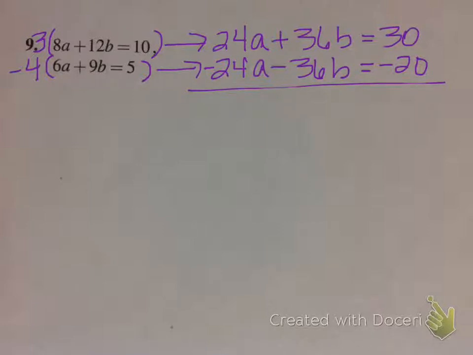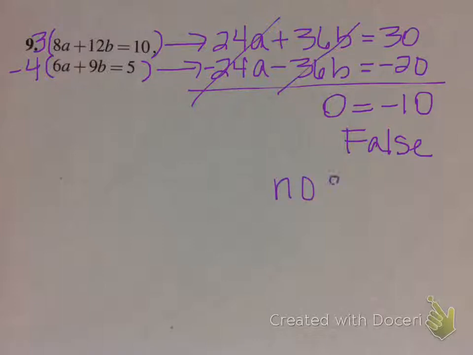They cancel each other out. And 36b minus 36b, actually those cancel each other out as well. So all I have left on the left-hand side is a 0. All of my variables have been wiped out, and I have equals negative 10. So it's difficult to solve for a variable when your variables cancel out. So what this means is I've got a false statement. So what that tells me is there is actually no solution